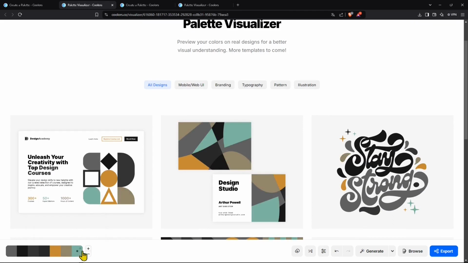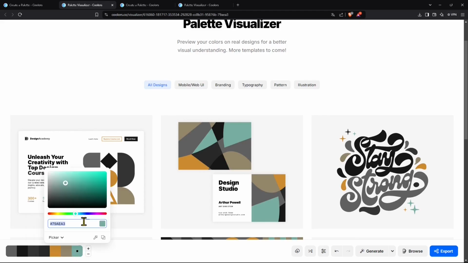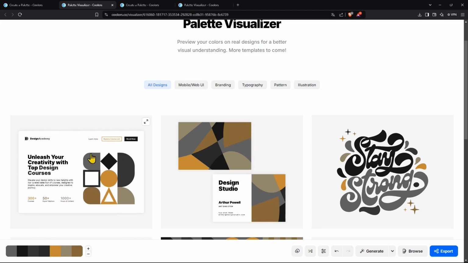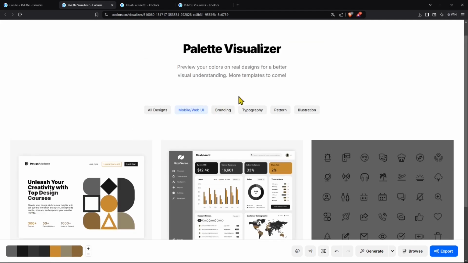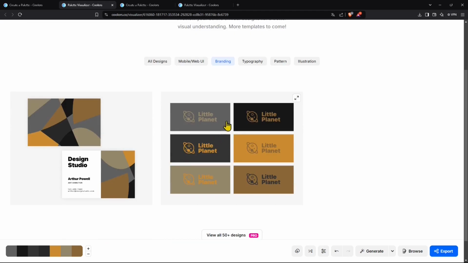So once you define the colors down here, and you can also get like another palette that you created, or you can just define it right away, real time. You can see the results. You can see the various variations that you can create, and then you have also mobile, web, UI, so user